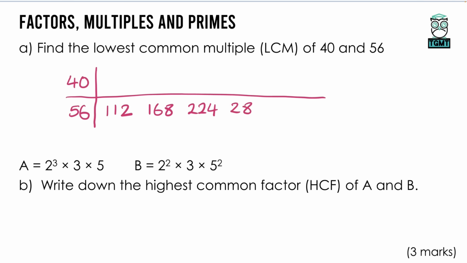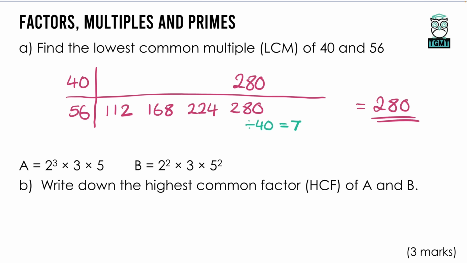So here the 5th number along is 280. I just need to divide that by 40 to see if that's also in the 40 times table, and as it happens it divides by 7 times. So here on the 40 times table we know we're going to get along to 280, and therefore our lowest common multiple is 280. For the next part, where we are looking at the highest common factor, we've been given